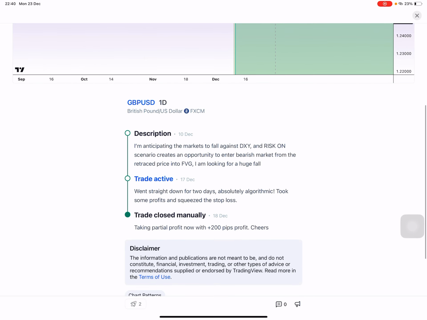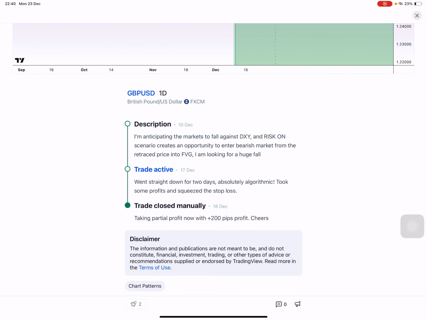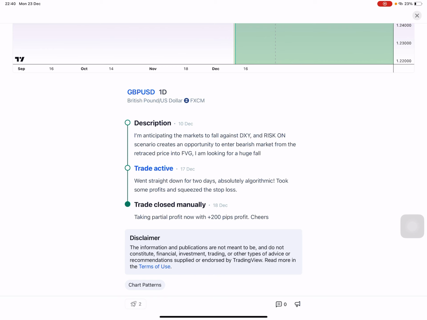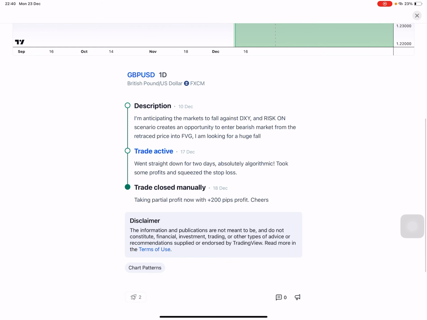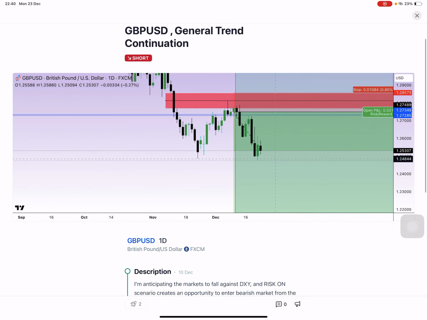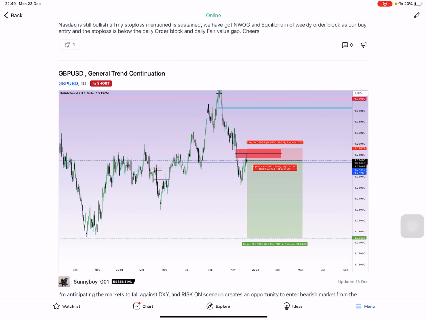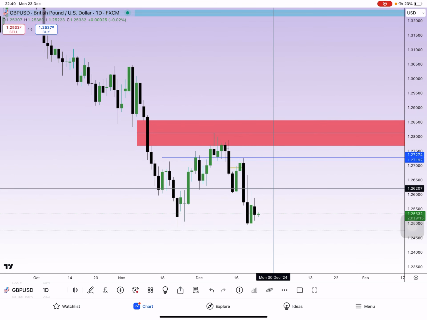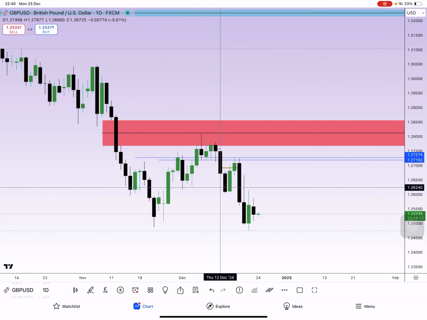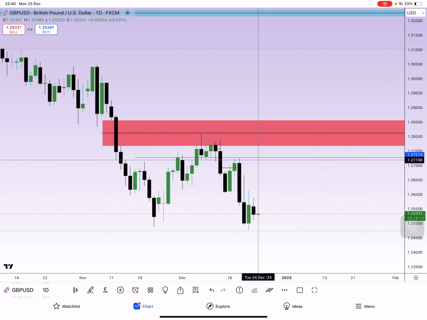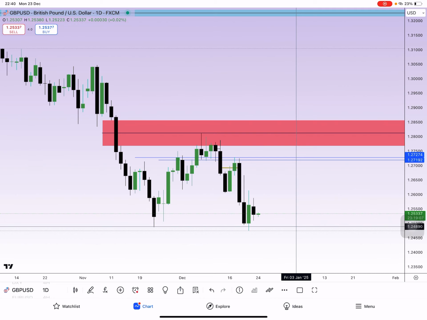So I gave all the instructions here on TradingView. We got our trade active, and later we closed it manually, took partial profits of 200 pips, which has now gone up to 300 pips and is still counting. What we're going to do is drop our stop loss to this high. We have definitely taken the 300 pips profit. You should have closed most of your trade now, because we have taken this